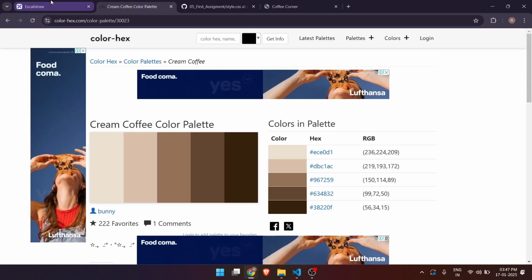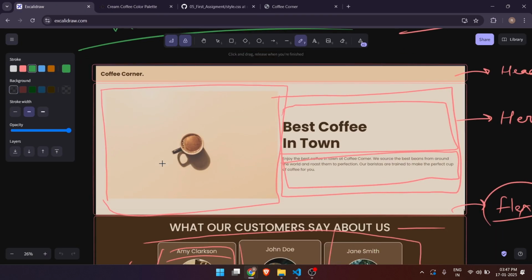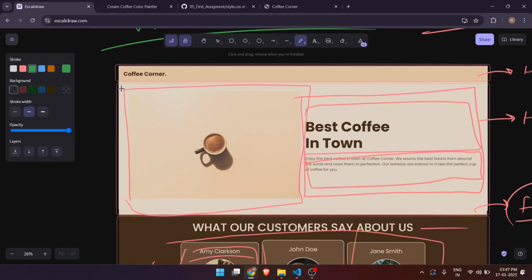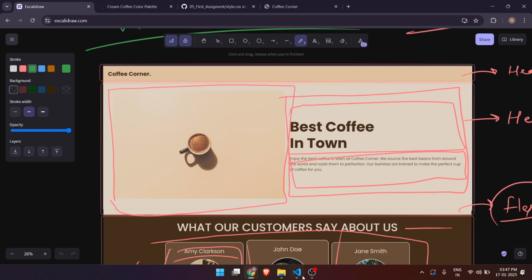Here's the color palette page. Now the next section is our hero section. Here we need to create one div for image, one div for text, and h1 or h2 for this heading, and a p tag. We will use flex here in the big box and flex here in the small boxes as well. So let's go back to our VS Code